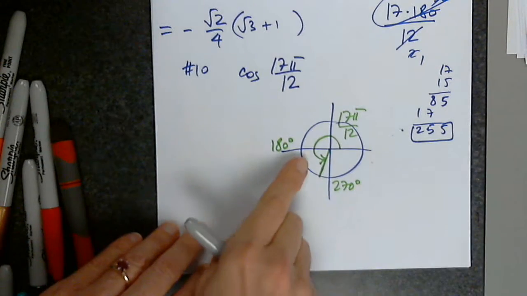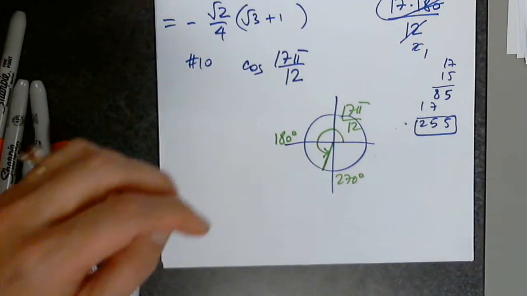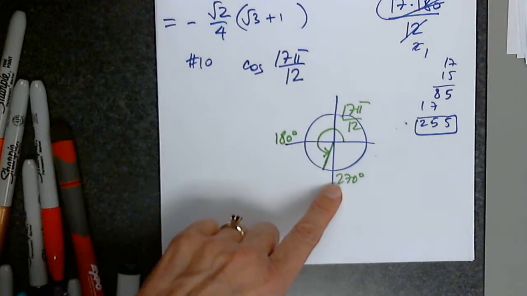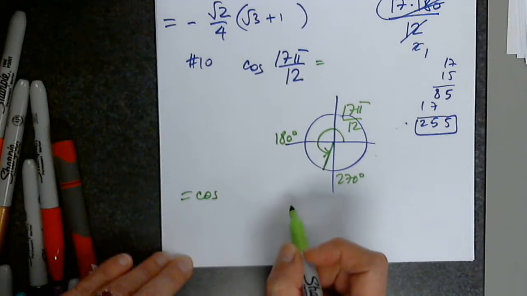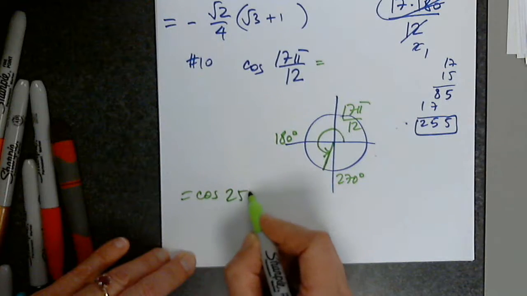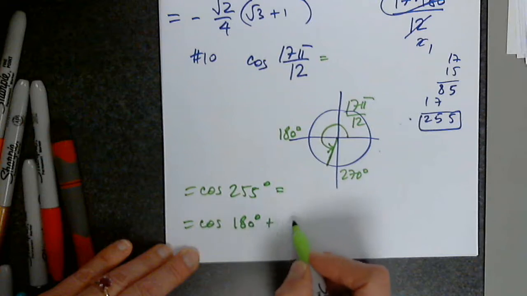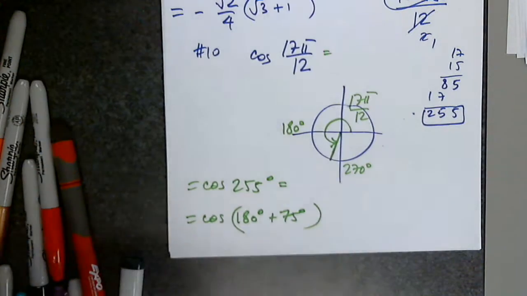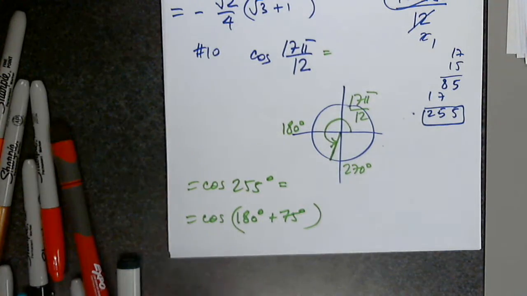If we were looking for the reference angle, yes, of course, I would have said 255 minus 180 is 75. We can refer it to 180 if you want to, or to 270. Let's do it with 180. That's fine. So this is cosine 255, and then you can say cosine of 180 degrees plus 75. That's fine. But the answer will be a number. It doesn't matter if I use angles or radians. Okay, so then the next step would be,